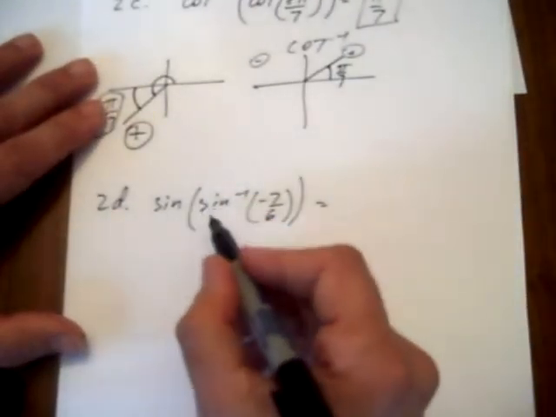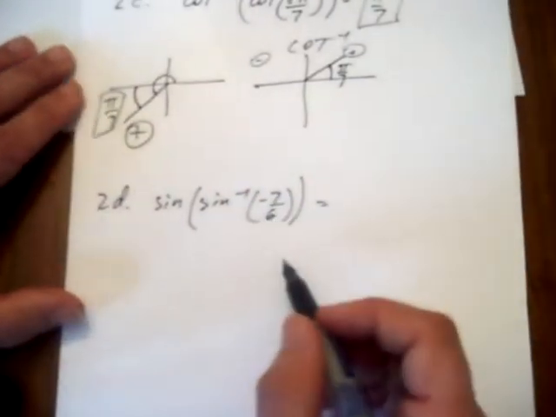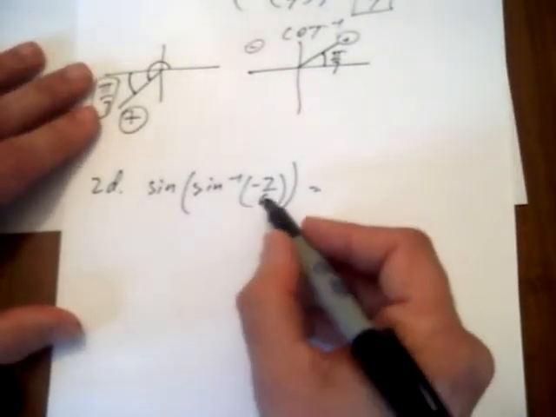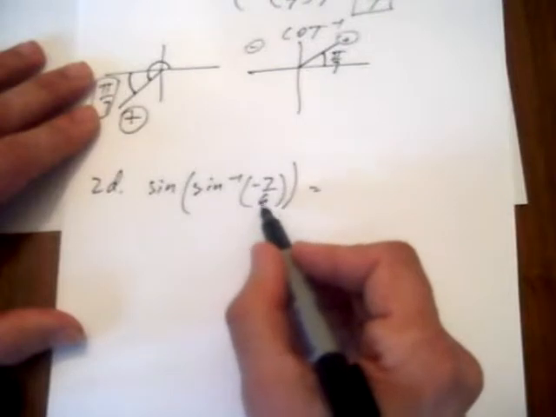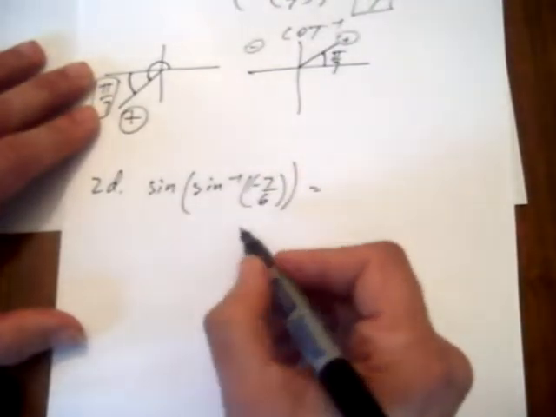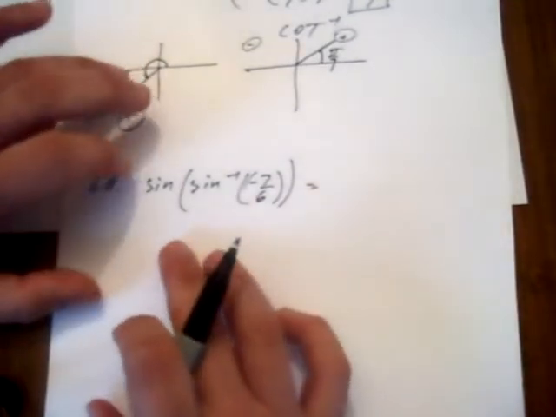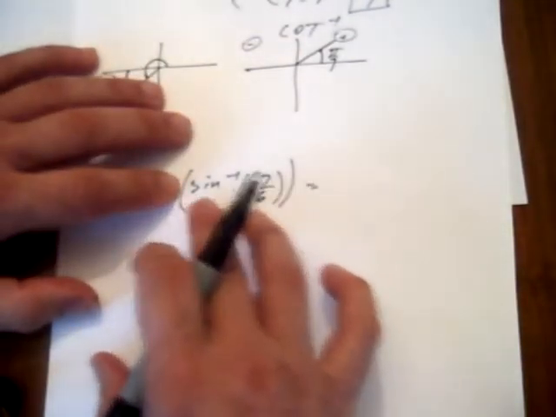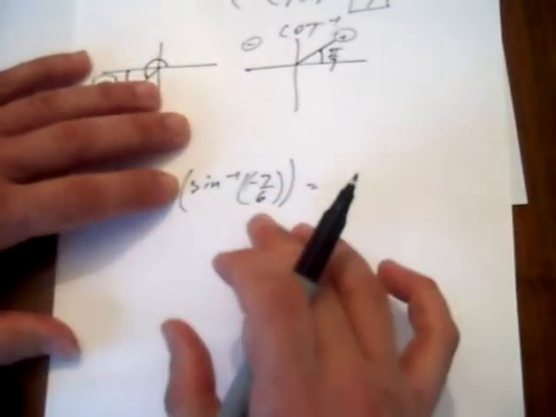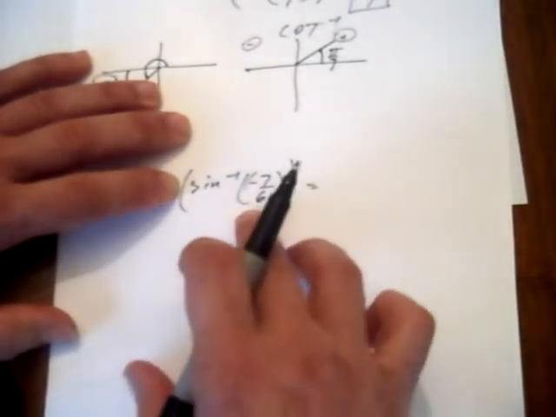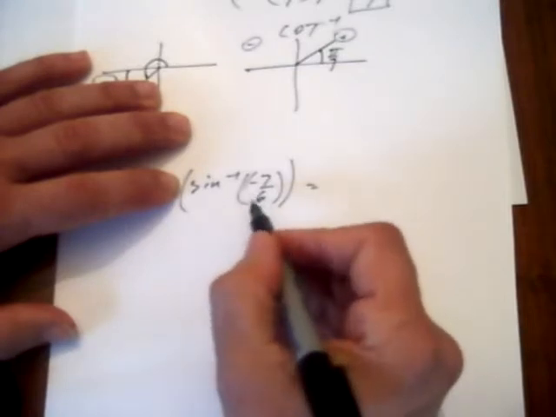Now, sine inverse of negative 7 over 6. There are two quick ways of doing this. One thing to notice: the problem is going the other way. We have the inverse inside the parentheses. Therefore, we're looking at one of two ways, either at the restriction or at the triangles. While looking at the restriction side,